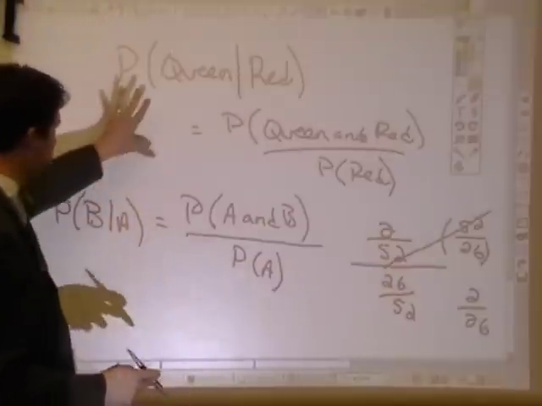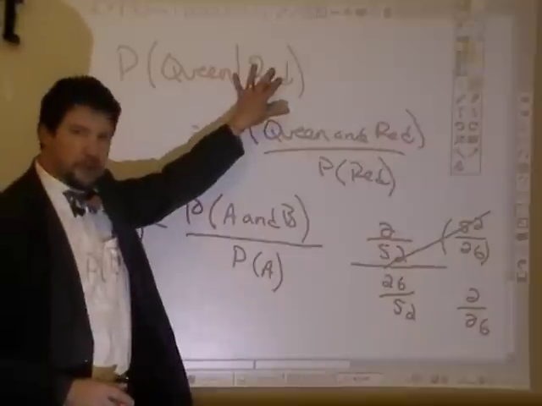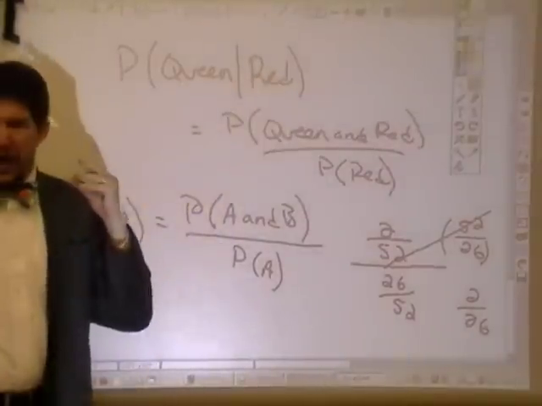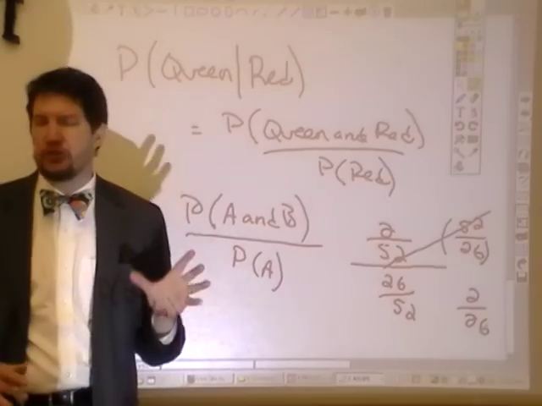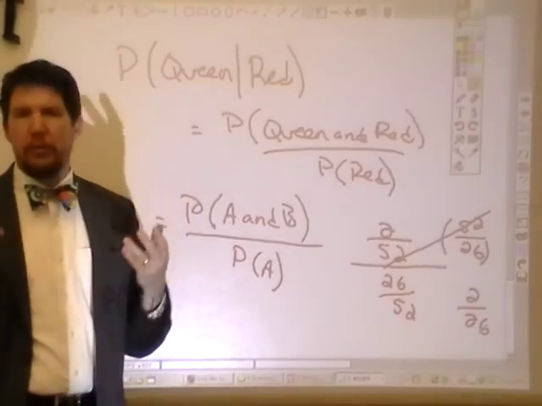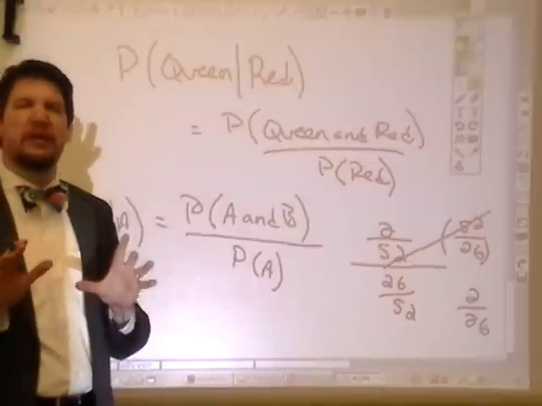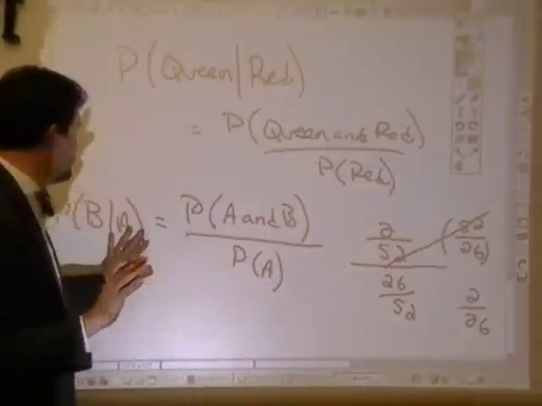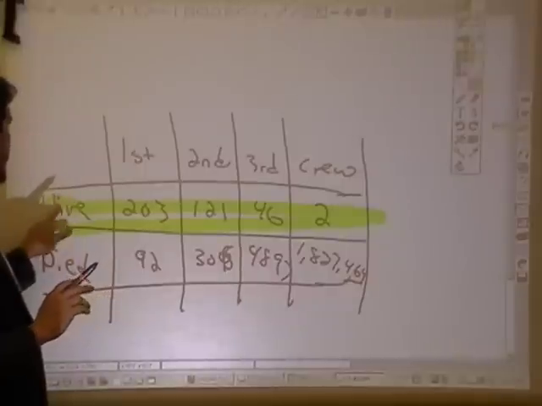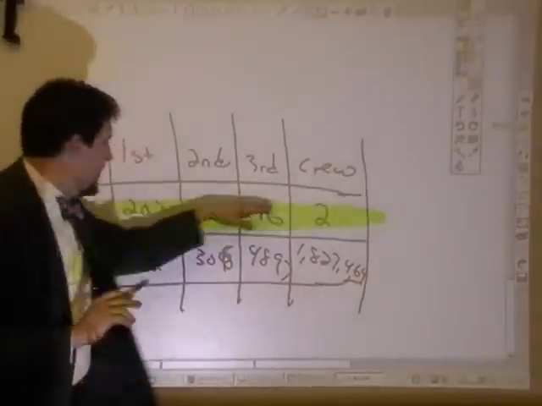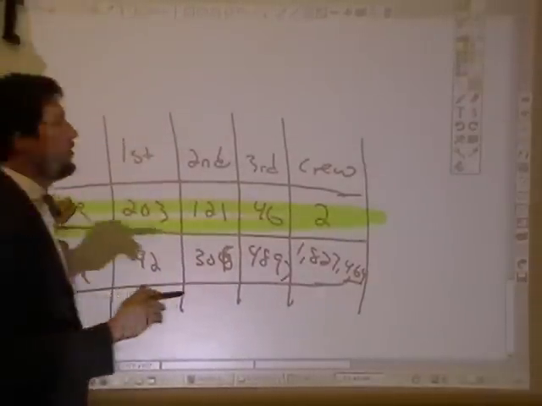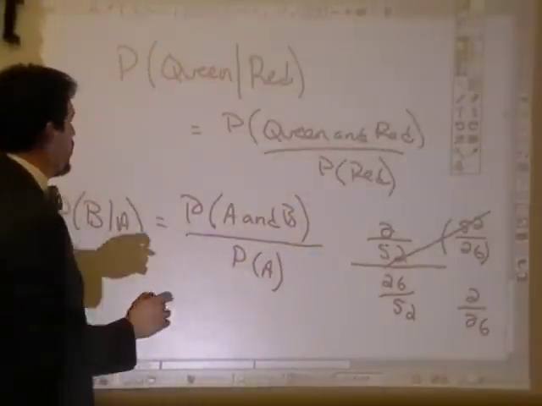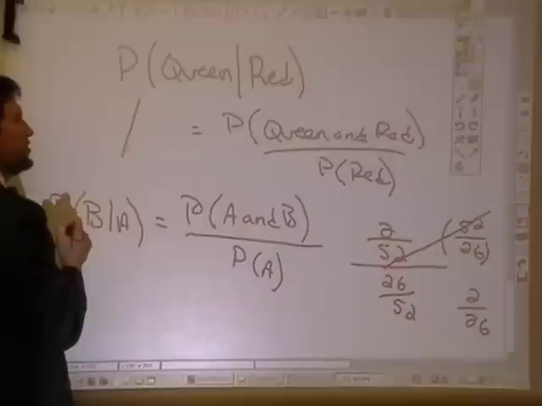But what does this really mean? Given that your card is red, meaning I know that the card is red, I'm going to redefine the probability. Instead of being all cards, I'm limiting myself just to red cards. Just like when we said this with a conditional distribution, under the condition that you have survived, we are just looking at the group that is alive. Same thing we're doing here, under the condition that your card is red, which means that my new population size